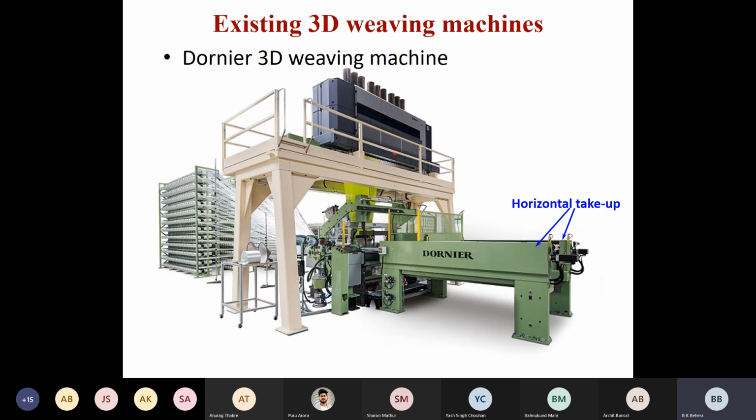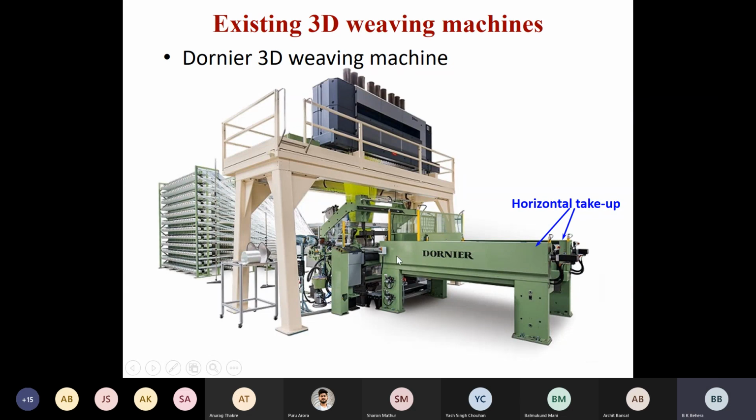It winds the woven fabric continuously with synchronization of the let-off and take-up mechanism. It means as much fabric as is woven, the same quantity of warp yarn will be released by the let-off mechanism from the beam, and the fabric will be wound over a cloth roller by the take-up mechanism. But